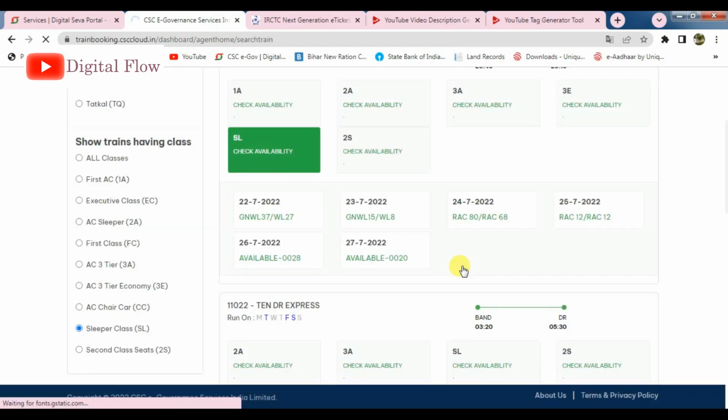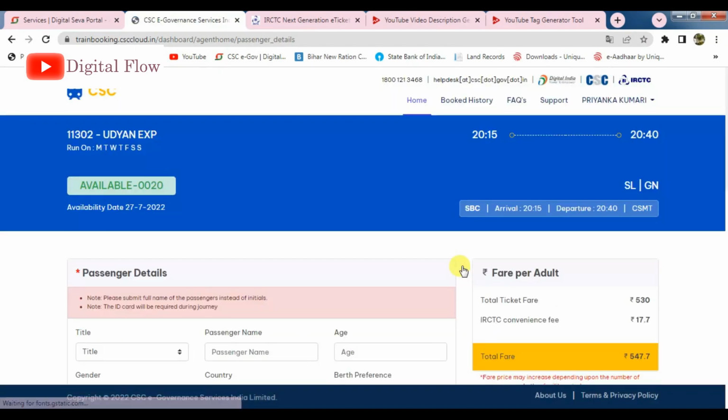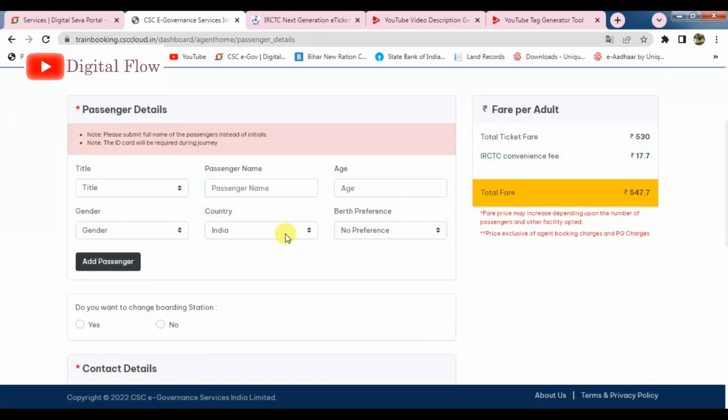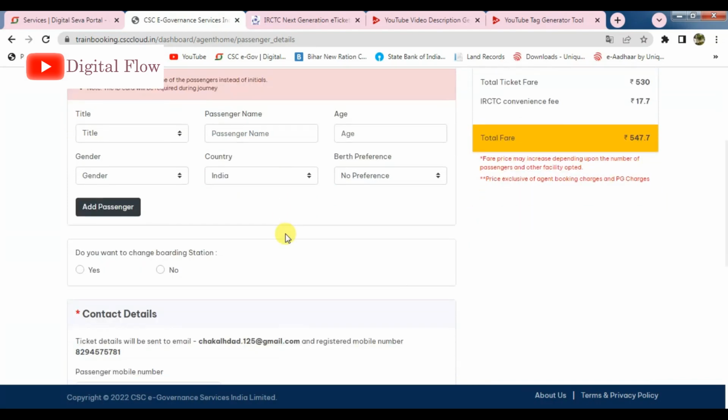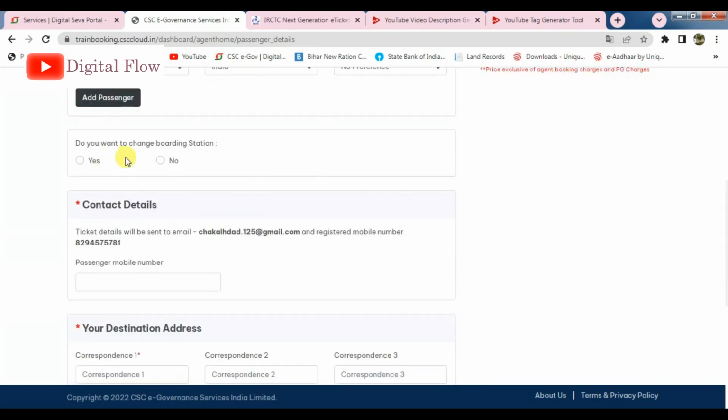When we click on OK, a new page will come. Here I have to put the passenger details and boarding. Do you want to change the boarding? If you have booked the ticket from SBC Bangalore to Mumbai, and in case you want to change the boarding to any other station, here you have to mention the boarding.